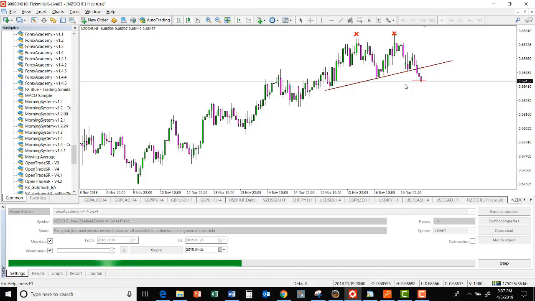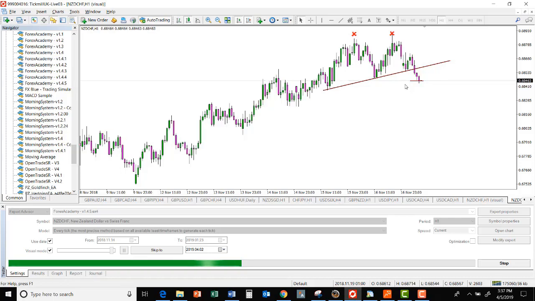Now the thing is, you may say, okay, Ernest, but here we're losing some pips here, the trade doesn't open yet because it doesn't continue far enough below that low there. Here we are losing some pips, Ernest, so couldn't we open it a bit earlier? Yes, we could, of course. The thing is,